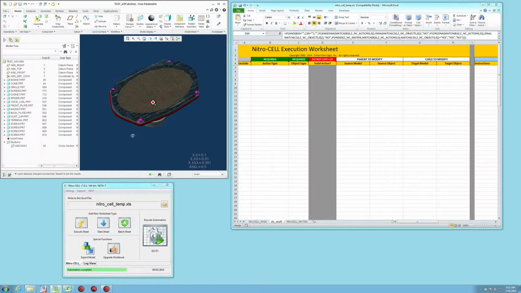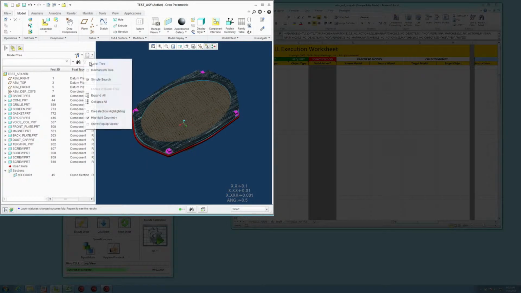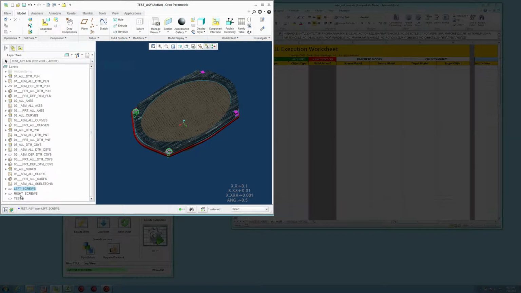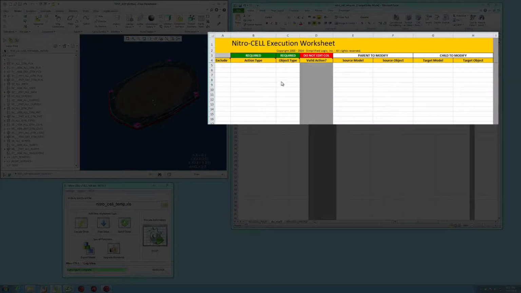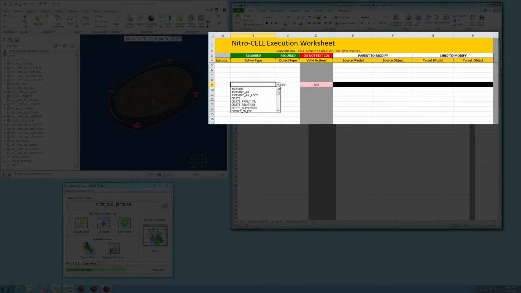Okay, so I've got an assembly here that we want to come in and turn off some layers on. I've got a couple of layers already defined that are kind of organizing some screws here. And if I want to come in and do this within Nitro-CELL, you have to use an execution worksheet. And I'm just going to filter by the model object type and then scroll down to my layer commands and